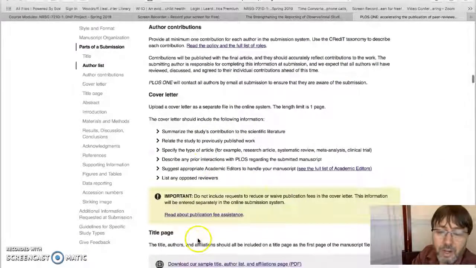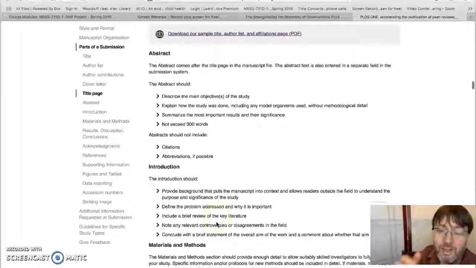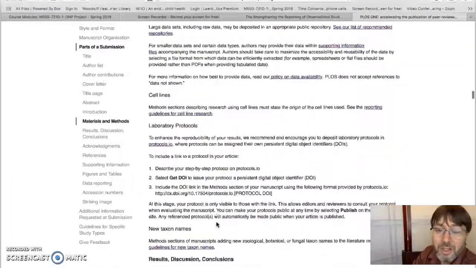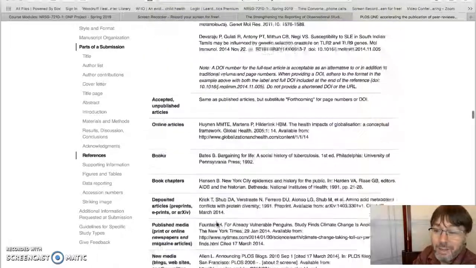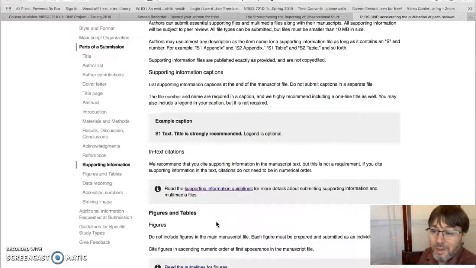Include a cover letter, a title page, the abstract, the sections of your manuscript. So you can see there's way more reading perhaps than you ever wanted to do here, but it gives you very specific steps. And oftentimes one of the main reasons manuscripts are rejected is because they simply don't follow the